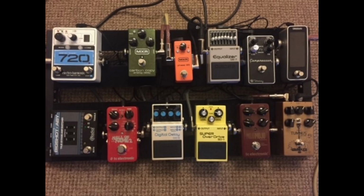So I'm going to put up some pics of some previous boards I've done, things that I've tried along the way, and some different pedals, and just generally how it's evolved over time. So as I approach this board, my main constraint was that I wanted to keep it as compact as possible,